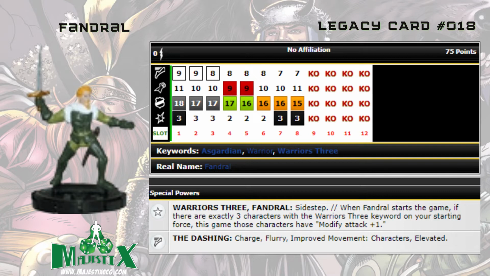And he has a foot power, the dashing: charge, flurry, improved movement, characters elevated. That's really solid too. He has sidestep with charge, and he ignores characters and elevated, so he can actually move essentially 7 squares for his charge. He has outwit,